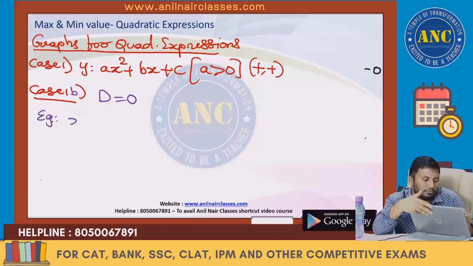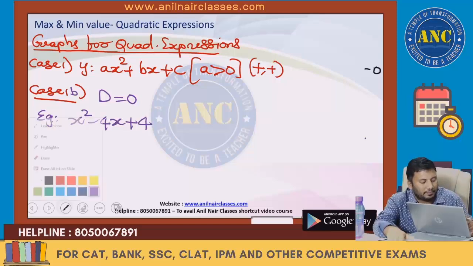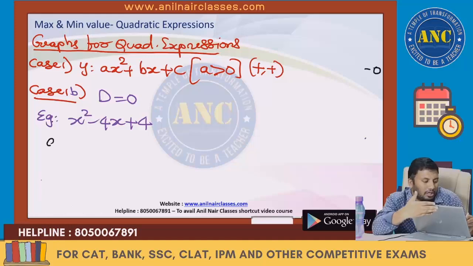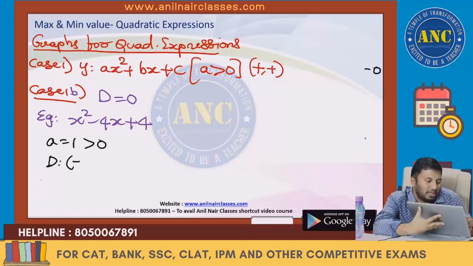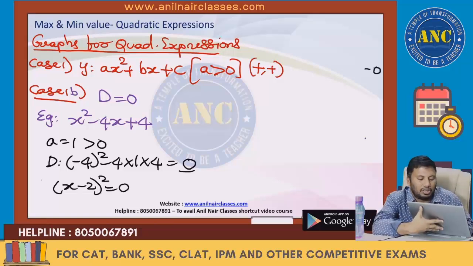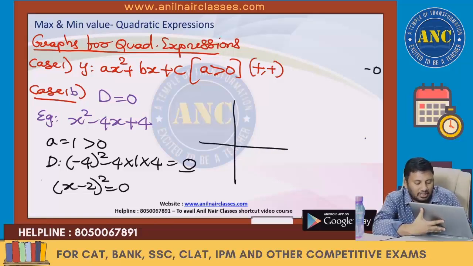Example, x square minus 4x plus 4. A is 1, greater than 0. Discriminant is b square minus 4ac, 16 minus 16, it is 0. This is nothing but x minus 2 whole square equivalent to 0. So the graph, for this example,